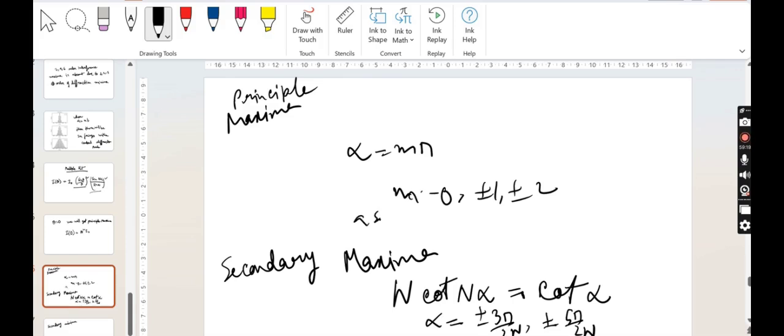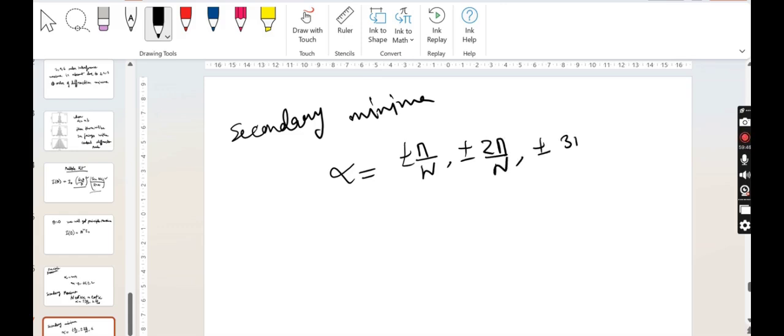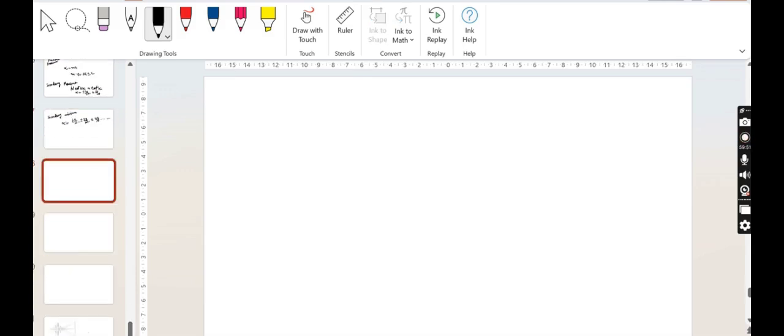This is for the secondary maximum. And for minima, alpha is equal to plus minus pi by n, plus minus 2 pi by n, plus minus 3 pi by n, and so on and so forth. This is the multiple slit